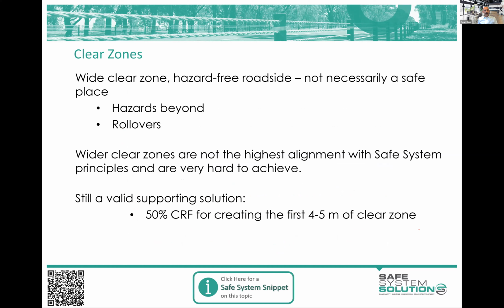And that's because people roll over within cleared areas. So they're off the road, they're trying to get back on the road, they're going at high speed, they yaw, which is sort of sliding side to side, they roll. They also go beyond any cleared areas, they hit trees and power poles and culverts and the like. So you can get some good risk reduction in your very short area of the roadside, but it starts to lessen off after that.